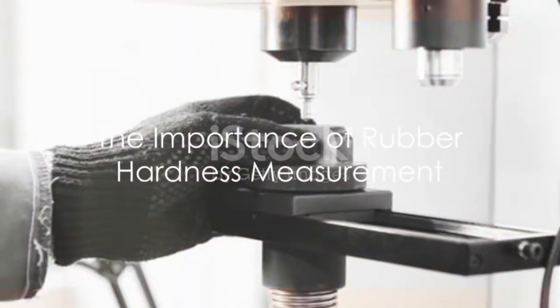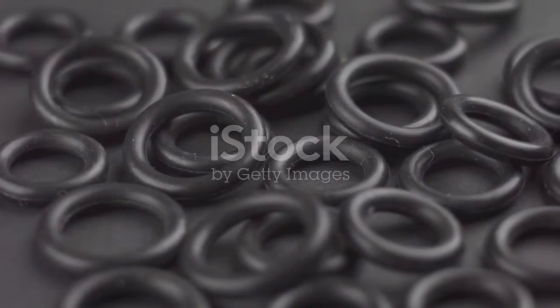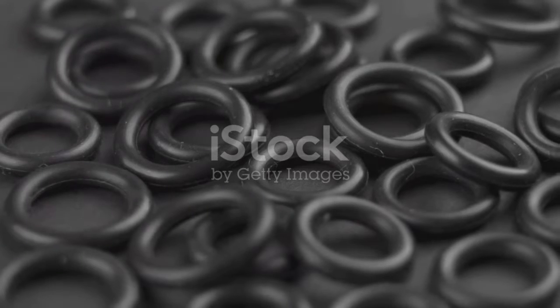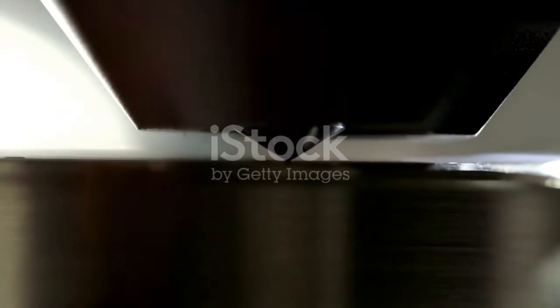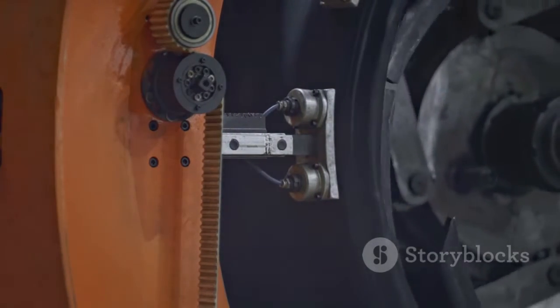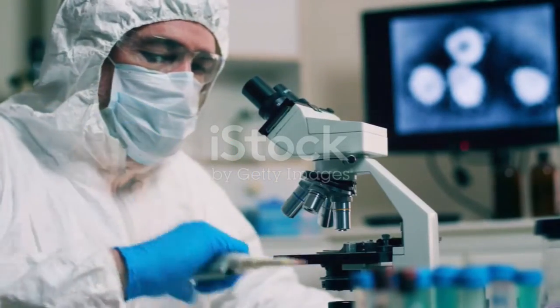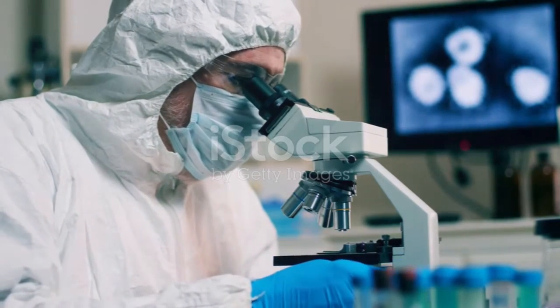In a world where precision is paramount, measuring the hardness of rubber can be a game changer. This seemingly minute detail can be the determining factor between a car tire that grips the road securely and one that skids dangerously. It can be the difference between a rubber seal that withstands pressure and one that buckles under it. The standard test method for rubber property, Durometer hardness, also known as ASTM D2240, is one such method that